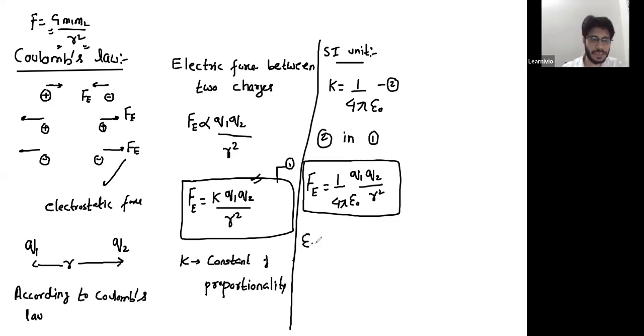See, this epsilon here is absolute permittivity. This epsilon is known as absolute permittivity. Now, just like different mediums have different refractive index, like density, different mediums have different values of absolute permittivity. Like permittivity of air is different than permittivity of water. So this force depends upon medium. The dependency on medium comes from this absolute permittivity of the medium. It's different for different medium.